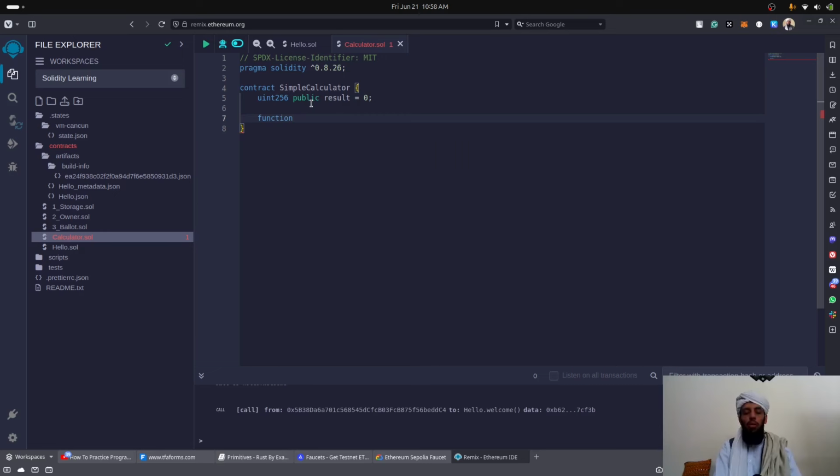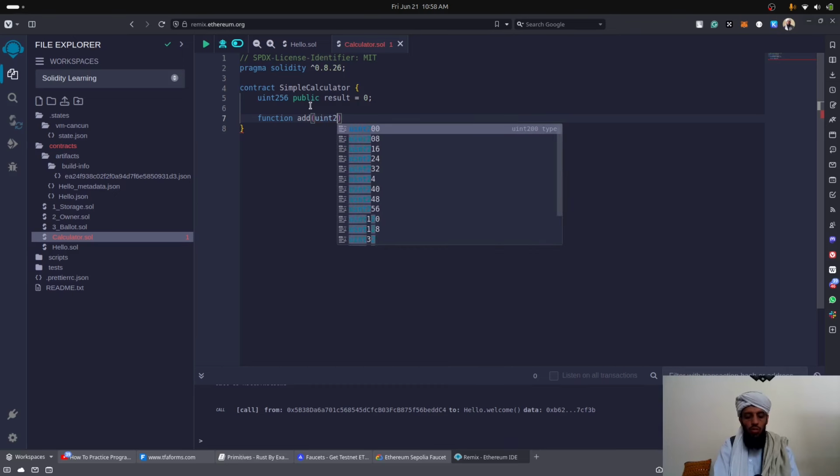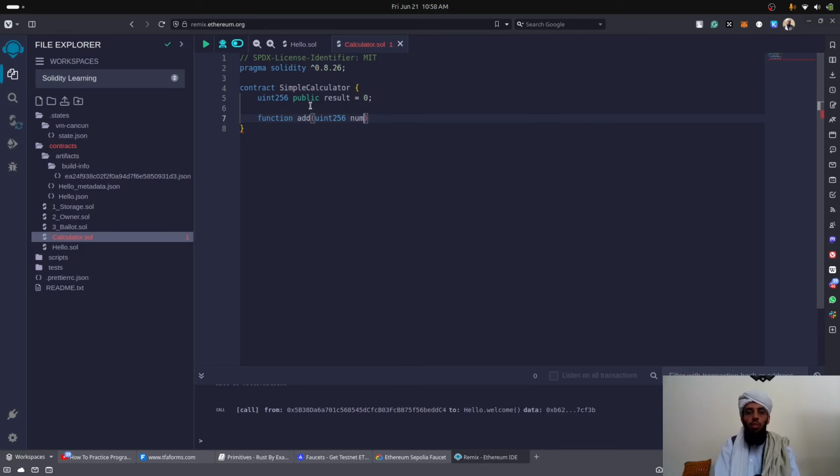So let's write the function inside the contract. The function is going to be add. Inside this add, I will write the parameter num. First of all, write int256, and this is going to be the num. And now let's write public, right? So this function can be accessed outside the contract also and inside the contract also, right? So let's write result plus